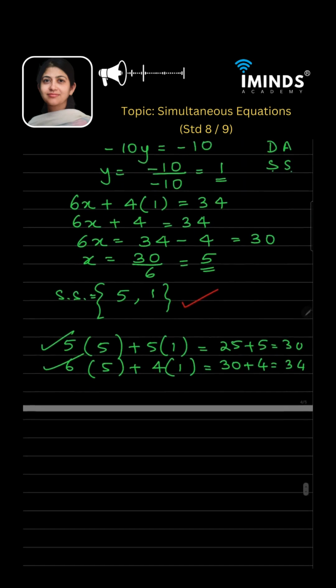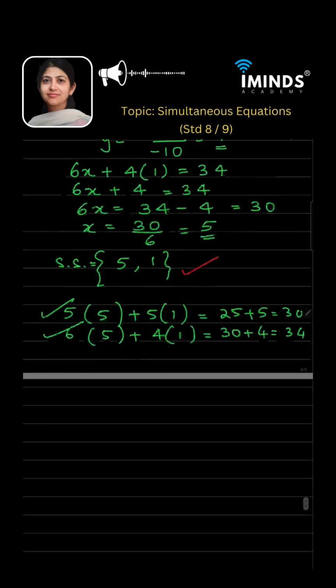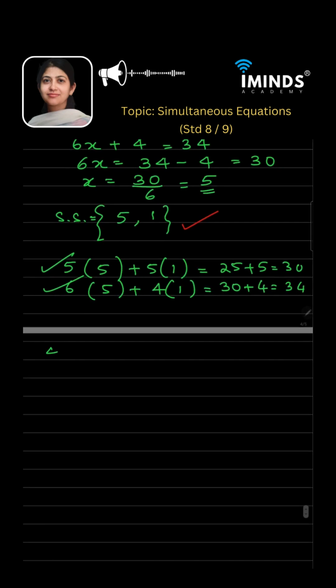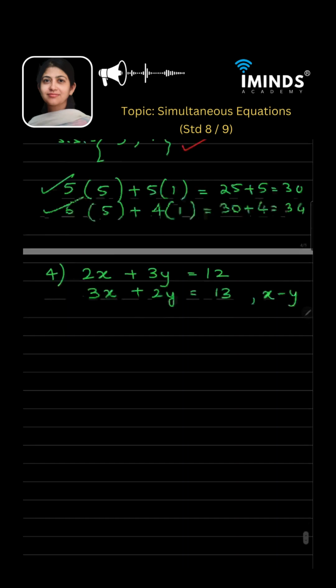Now see, there are special cases in this, like what happens, you know, the coefficients are same. Coefficients are same for both the numbers. जैसे in linear equation, both the linear equations have the same coefficient, that is 2x plus 3y is equal to 12. I'm giving you one example. 3x plus 2y is equal to 13. And you have to find out what is x minus y. Okay, or you can just find out what is x and y.